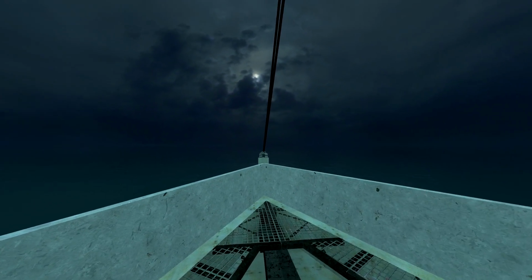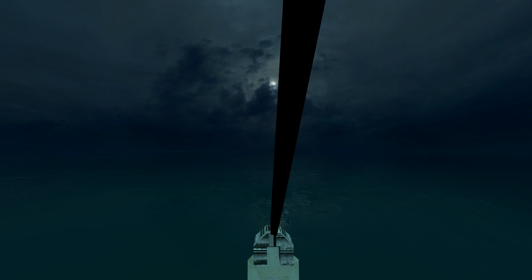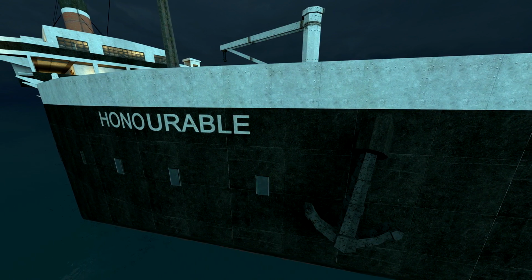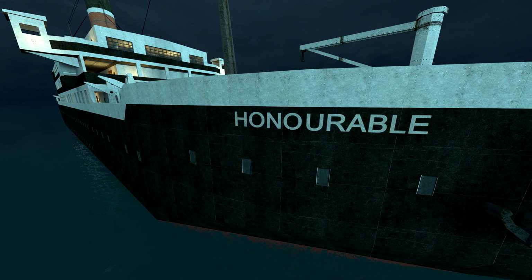And of course we have the bow up here, right up the peak, where if you were to come here, you could mimic your favorite scene from your favorite ship sinking movie. Onto the side, we can see more anchors as well as the ship's name, which is of course the Honorable. So now that we've explored the front and the back and the center of the ship,